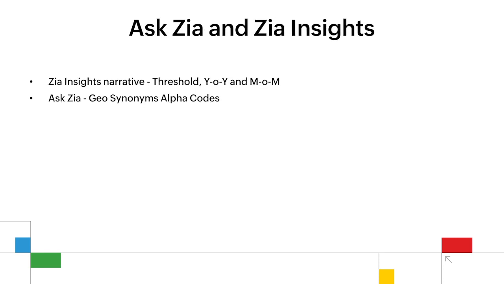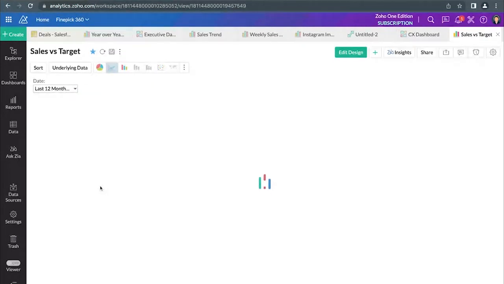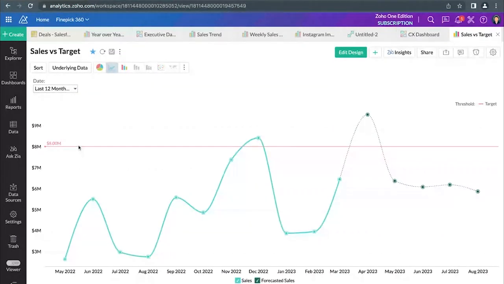Now, let's get into the most exciting part, Ask Zia and Zia Insights. So Ask Zia, as you're well aware, is an AI assistant where you can simply ask the question and the report will be built automatically. And Zia Insights is nothing but providing a set of narrative summaries on top of your visualizations. Now, in Zia Insights, if you could notice this particular report, we have sales versus target. So we have the monthly sales trend, and also we have a target of $8 million. So when I use the Zia Insights,